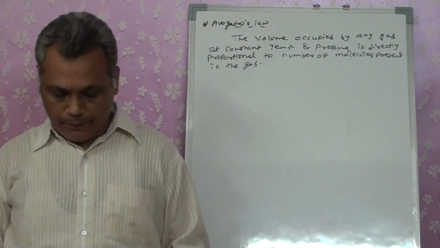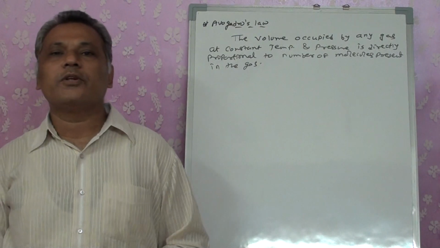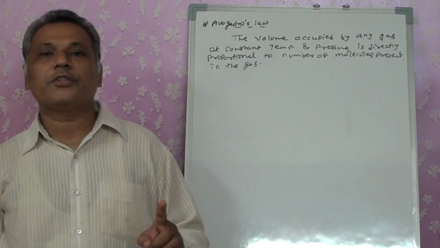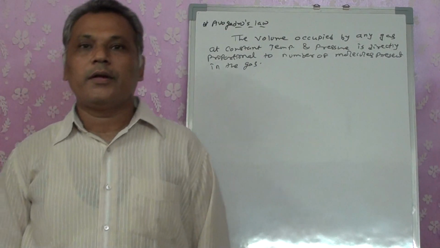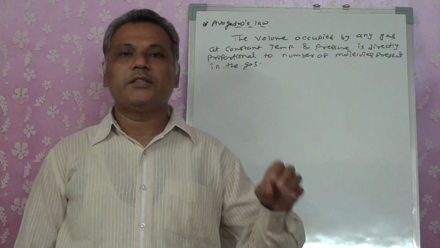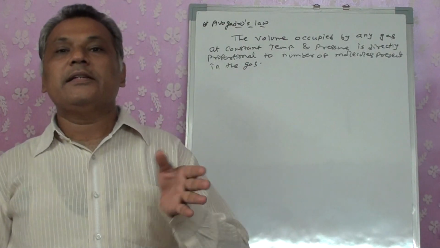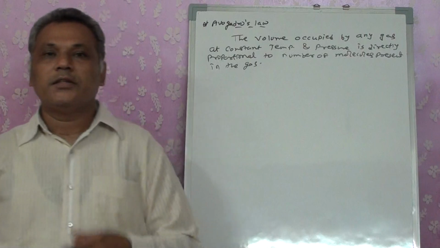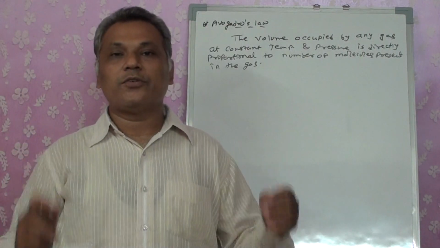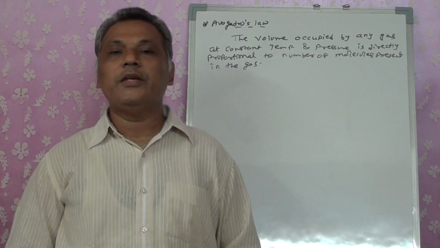nitrogen, whatever it may be. If the number of moles is fixed, that is, the number of molecules of the gaseous components is fixed, then the total volume occupied by it at a constant temperature and pressure is always the same, right? That means if 1 mole of hydrogen gas is taken at 25 degrees Celsius and 1 atmospheric pressure, the volume occupied by it will be the same as 1 mole of oxygen gas. Hydrogen gas and oxygen gas both have a size difference or mass difference, but still the volume occupied by them will be the same.